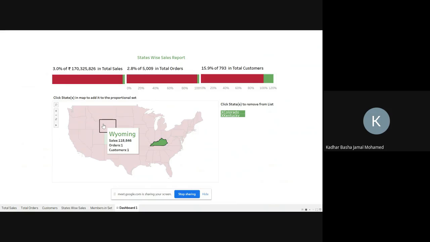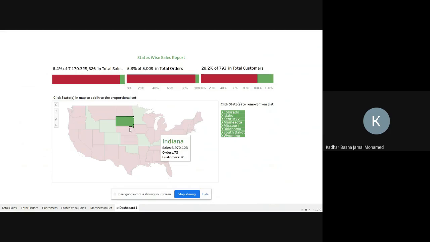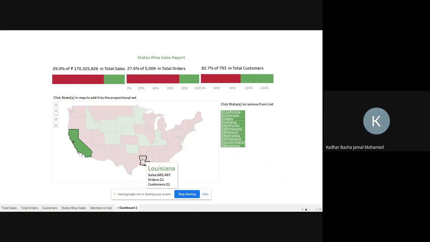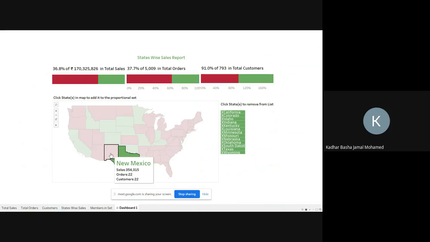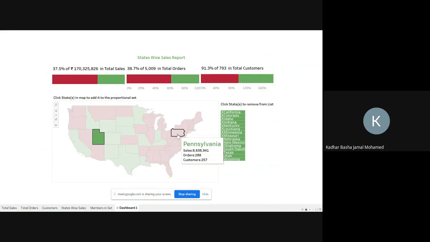So I'm choosing here the view and continuously choosing states. What happened? The values are ordered and the list is updated. So it's an instant response. We can have an instant response without hanging. So Tableau is more user friendly compared to Einstein Analytics also. We can create according to our requirements without any restrictions.